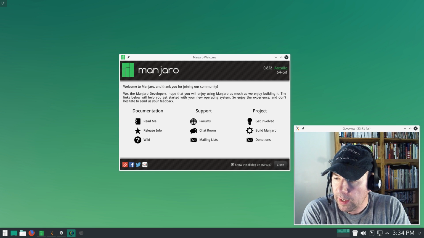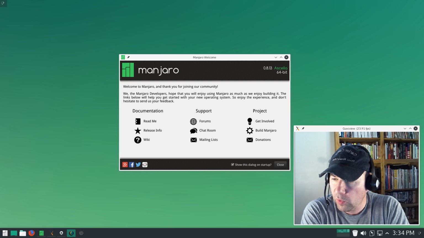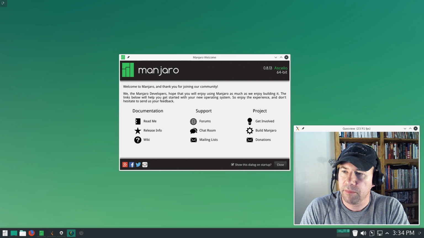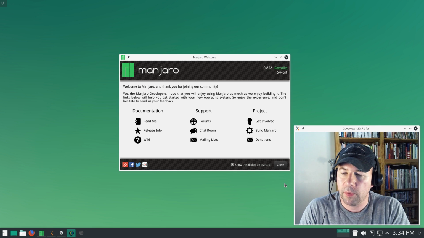So let's take a walk through of what we've got for our desktop setup. First of all, there's this Manjaro welcome window, and this will pop up when you first start up the distribution. You can deselect it right here if you don't want it to pop up every time you start up the desktop. But it's got some real good links on here, a README section, release info, gets you to the wiki,